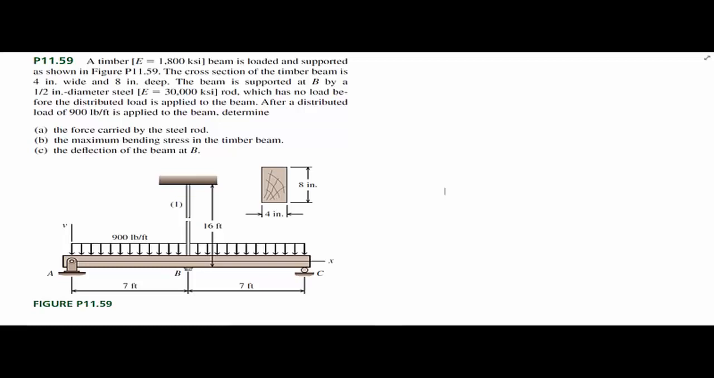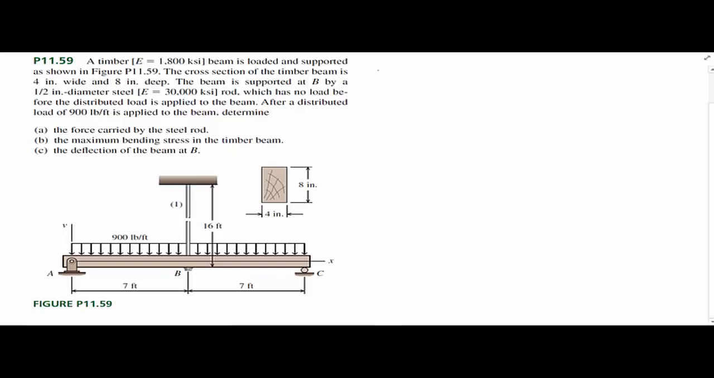Determine the force carried by the steel rod, the maximum bending stress on the timber beam, and the deflection of the beam at point B. And point B is halfway. It's at the midpoint. So the first thing that I kind of want to do is let's just jump into